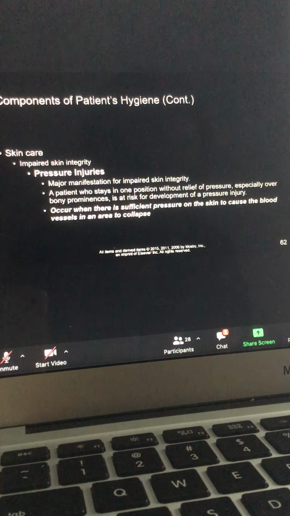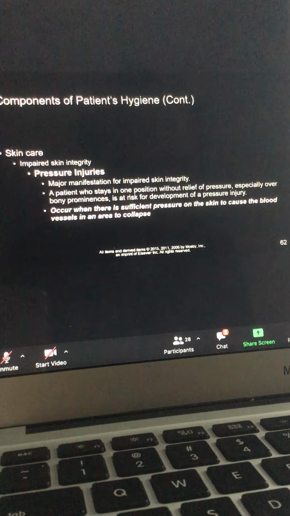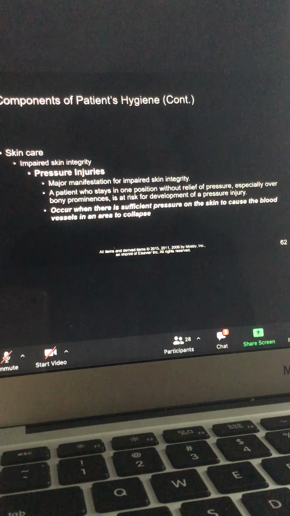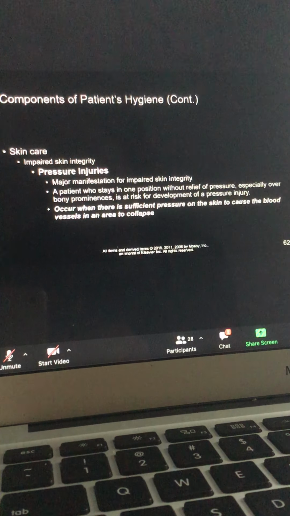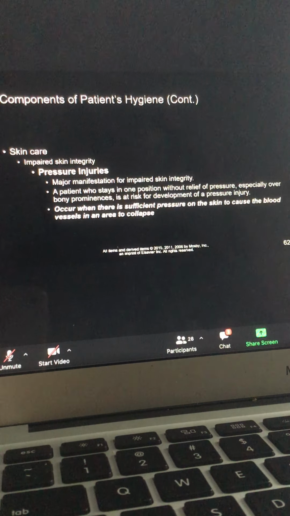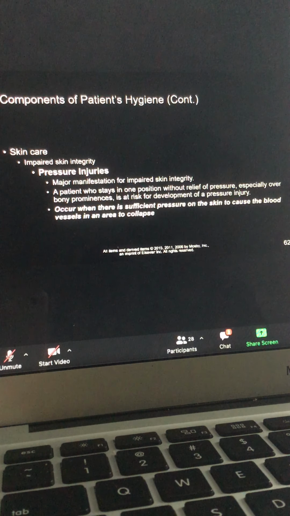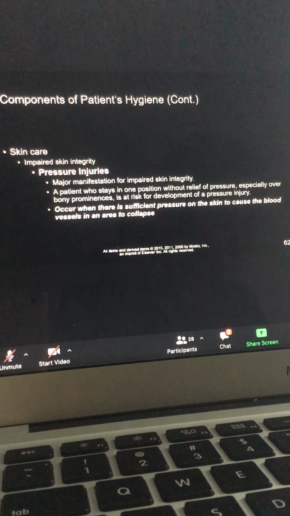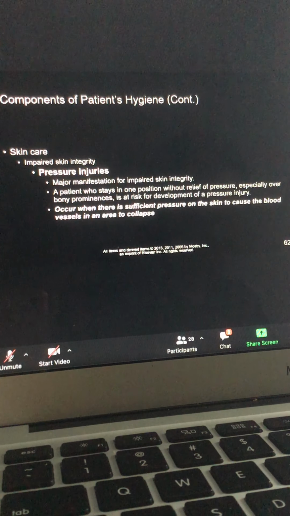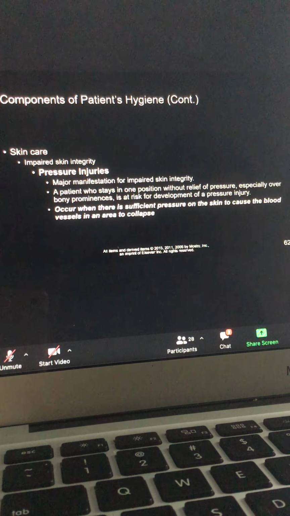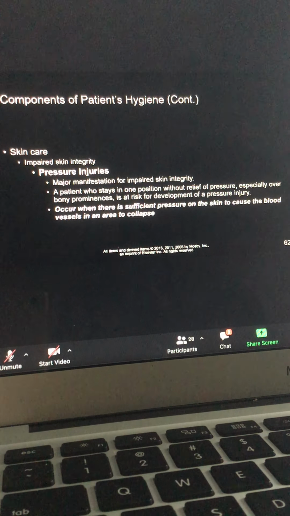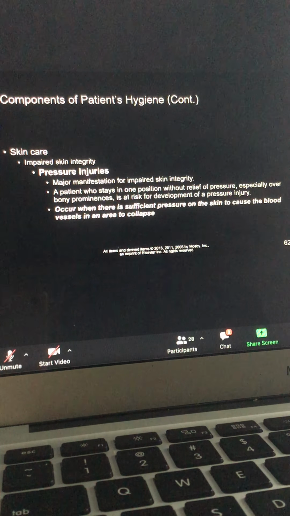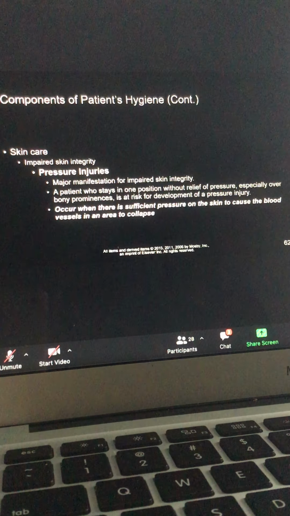So if the patient stays in one position without relief of pressure, especially on the bony prominences, there is a greater likelihood that the patient will develop a pressure-related injury. So what causes this? When sufficient pressure is exerted on the skin, it causes the blood vessels to be interrupted, the flow of blood to be interrupted and collapse,